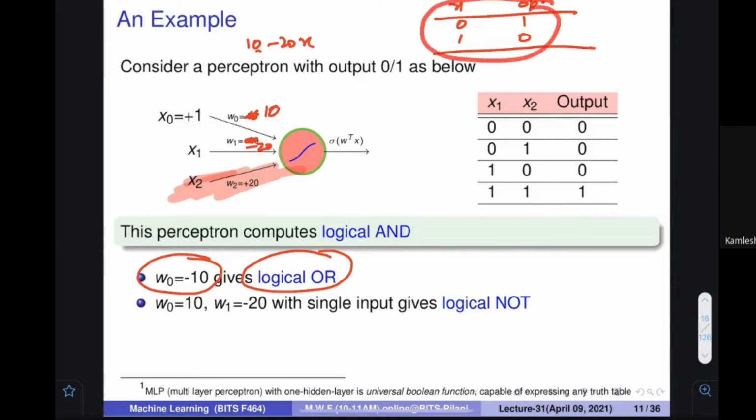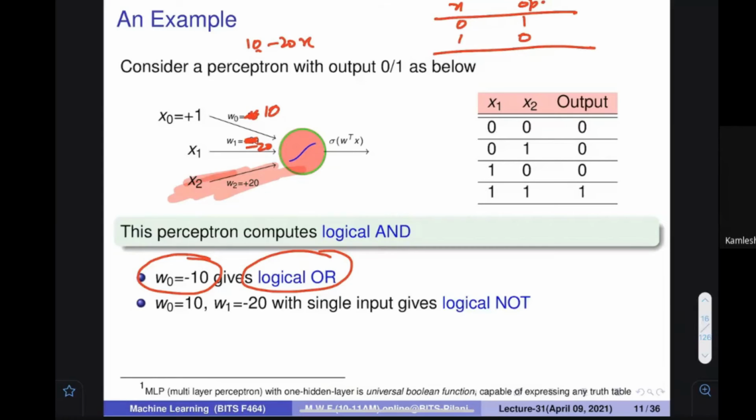This is the NOT gate. You can see that the values are going to be reversed. 0 becomes 1, 1 becomes 0. When you put 0 inside, you get 1 as output. When you put 1 in as an input, you get 0 as an output. So this is a NOT gate.